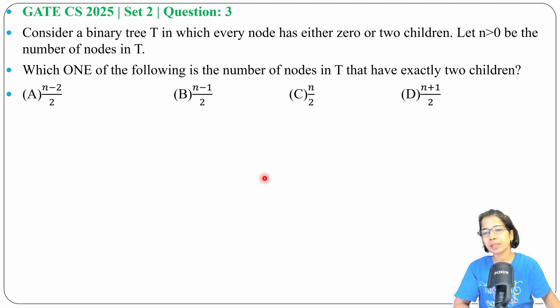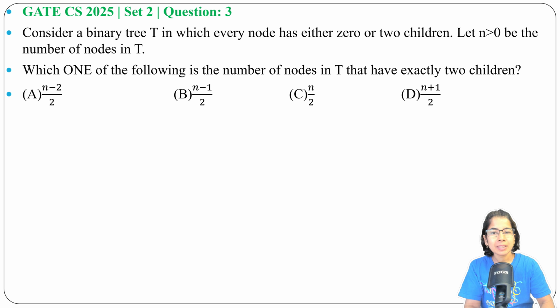This question was asked in GATE CS 2025 set 2 question number 3. Consider a binary tree in which every node has either 0 or 2 children. Let n greater than 0 be the number of nodes in T. Which one of the following is the number of nodes in T that have exactly 2 children? And 4 options